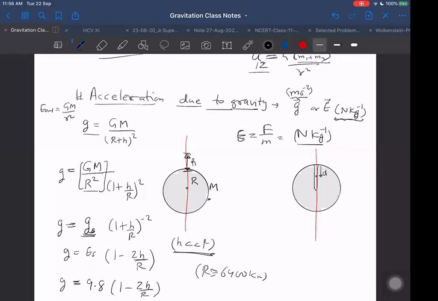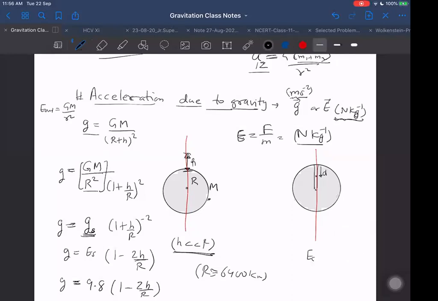If you take a few hundred kilometers, that will be small, but not so large that it becomes comparable. You know what some students will do here? They will ask: what is the acceleration due to gravity at a height equal to the radius of the Earth? And they will use this formula. Completely wrong. Even at r by 2 it is completely wrong. Does it mean at a height r by 2 there will be no gravitational field? No, the gravitational field is there, but you are using the wrong formula. Use this formula only for small values. Don't use it for large values.